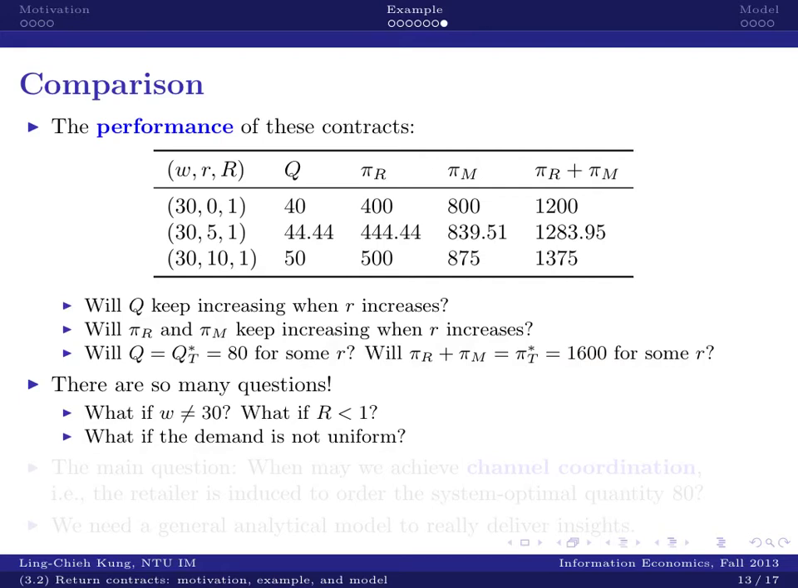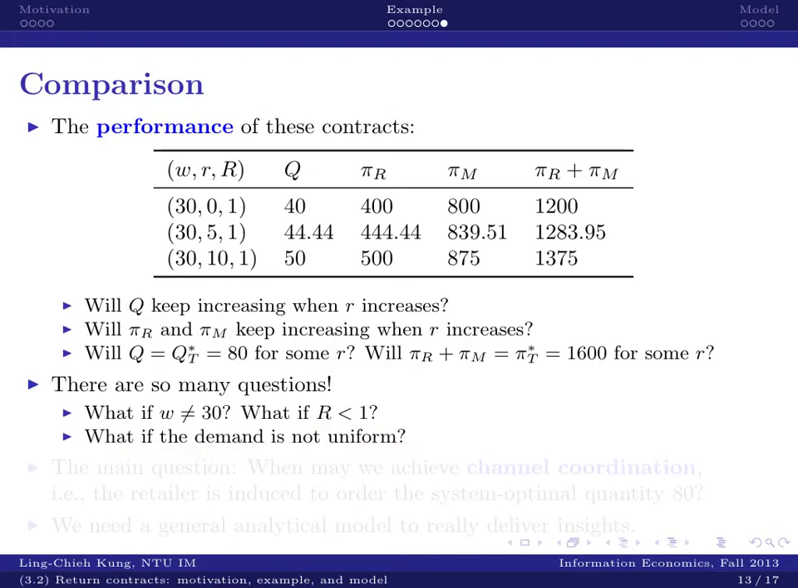So, what if the wholesale price is not 30? No one says under a return contract we need to stick to 30 as the wholesale price. Maybe we may change it to another number, and that's going to make our situation better. Okay? Or what if R is less than 1? We may choose to do partial return. Will that make things better or worse? And finally,